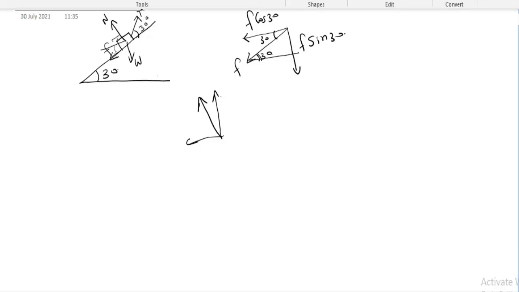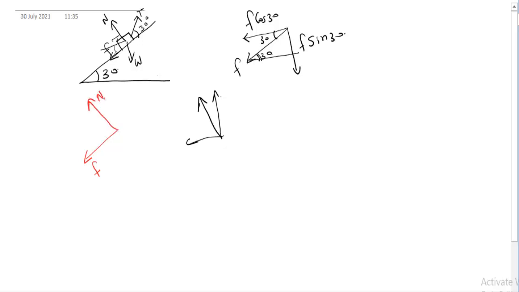See here I'll use different ink for that. See this is the frictional force which is acting, okay, through the inclined plane, and perpendicular to that the normal is acting. Here we need to find, then see this is the horizontal which I am drawing over here. It's not drawn exactly horizontal but it is the horizontal. So this horizontal we already got it as 30 degree. With respect to the horizontal it is making an angle 30 degree.